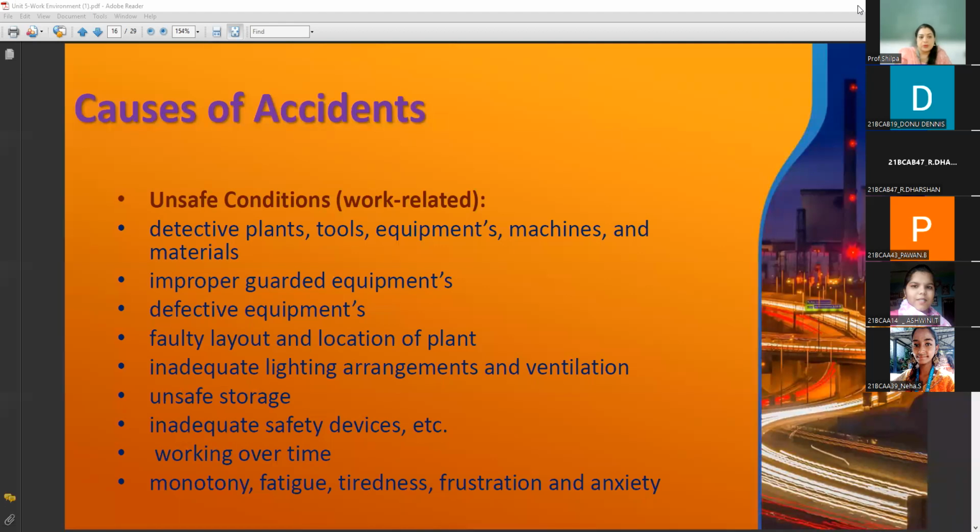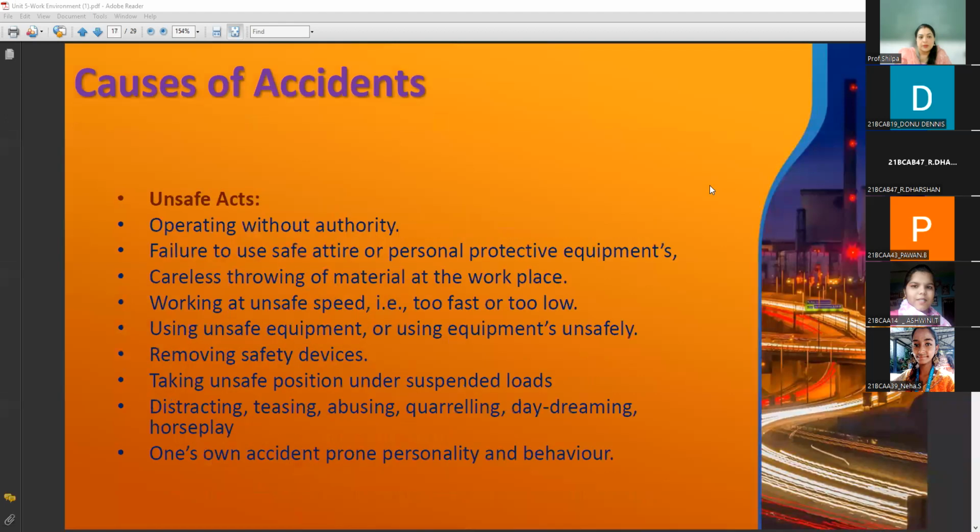Let us see now what the unsafe acts are. Operating without authority: there are certain machineries and equipment where the person needs to be well trained, or needs to have the skill to operate that particular machinery, and those machines cannot be operated without authority or without the permission of the respective person. So if any person operates that kind of machinery without authority,